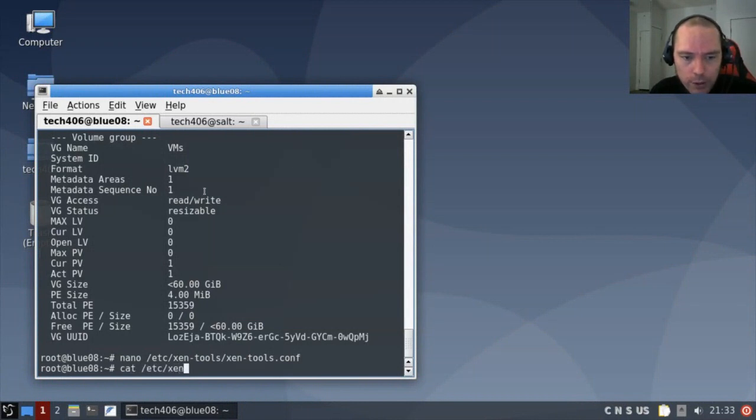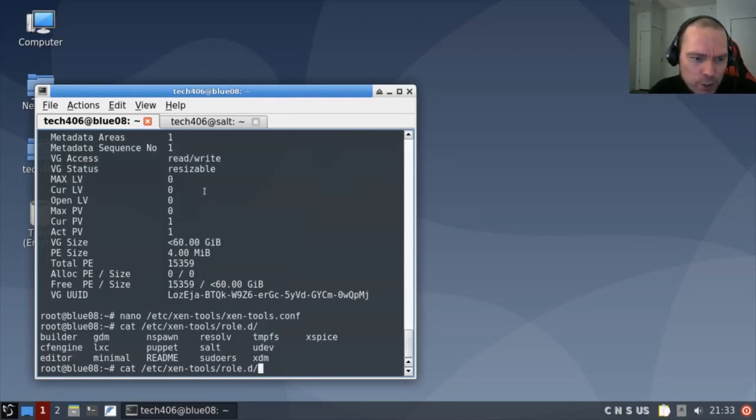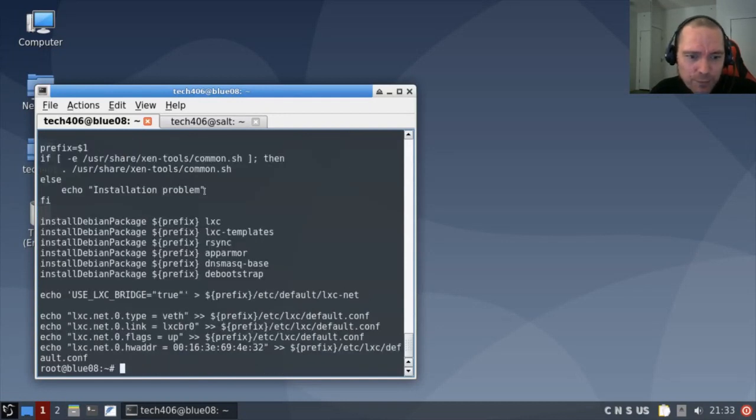Then I'll show you the roles. So if you go to Zen, so here's an example. We're gonna do a Docker. Actually, I don't have that in the roles, right? But yeah, I have various roles here we're going to go through. There's a few roles that it comes with, and a few roles that I created myself. So, for example, if you want to install, say, LXC, this is how you can install LXC. This is a role to install LXC, basically, that I created here. But we are actually going to make a Docker container, sorry, a Docker VM as our main one. So we're going to go Zen